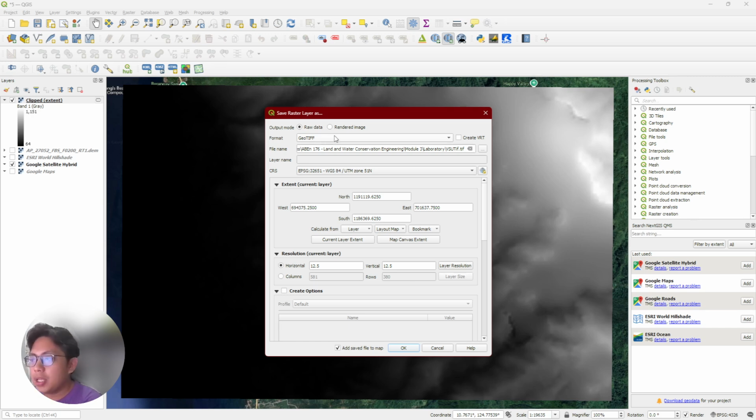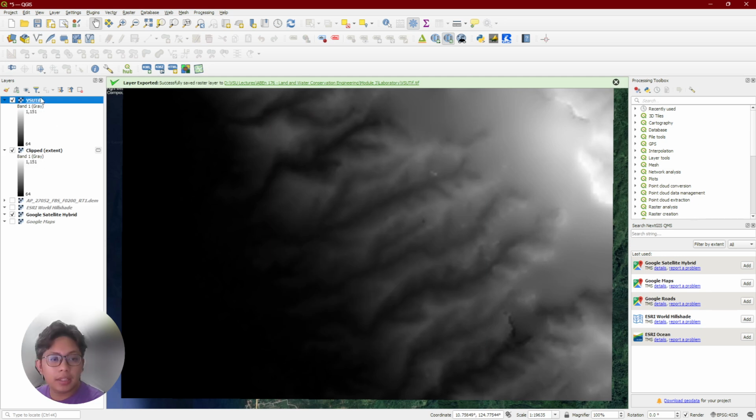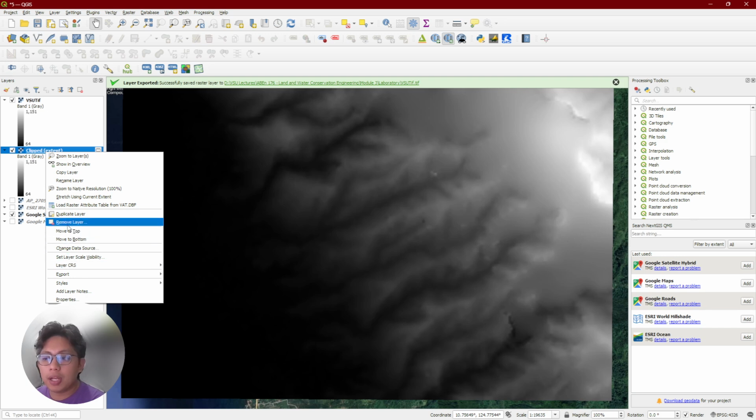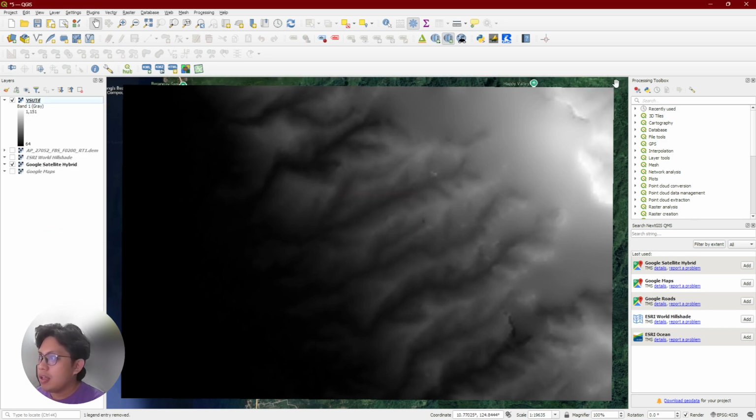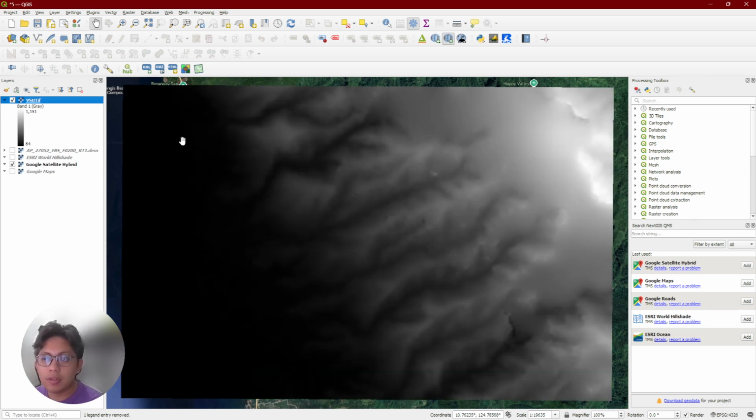Your format should be in GeoTIFF and everything is kept the same. Click OK. It will add the new map on your layers. So I can now remove the temporary one. So now I want to see if this looks right. So I'm gonna reference that with my base map. Okay, looks good. So now, since I already know where I'm working and it's right, I'll turn off my background